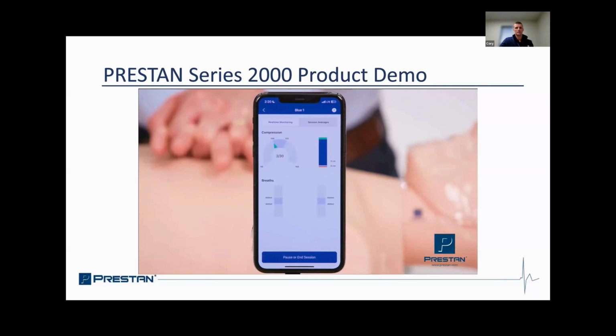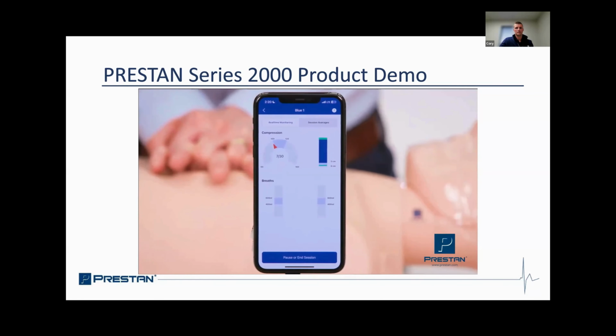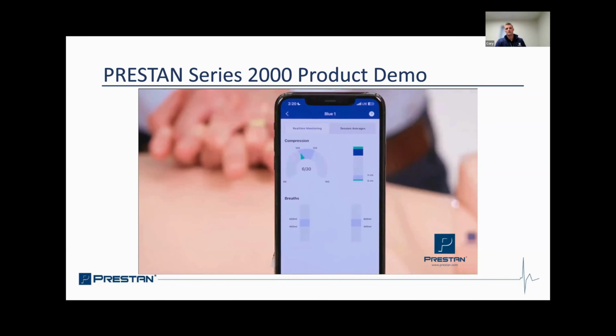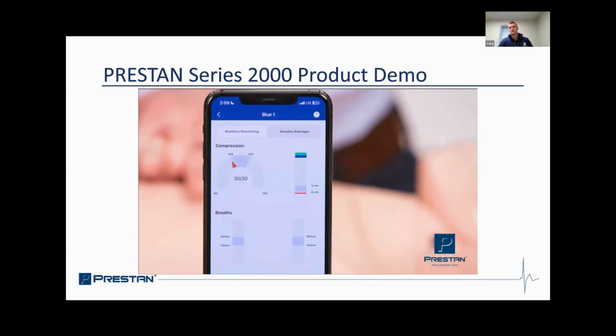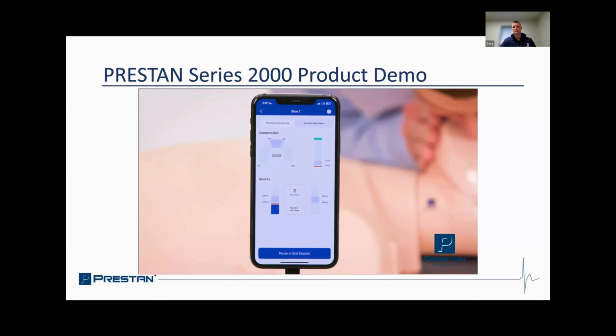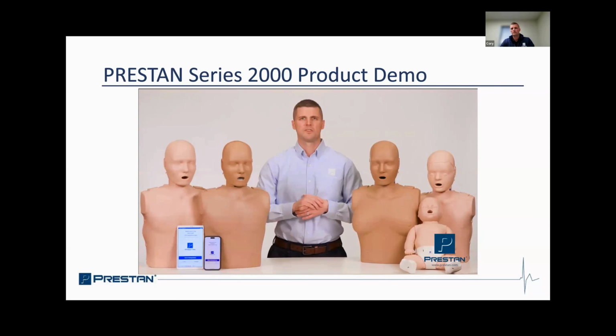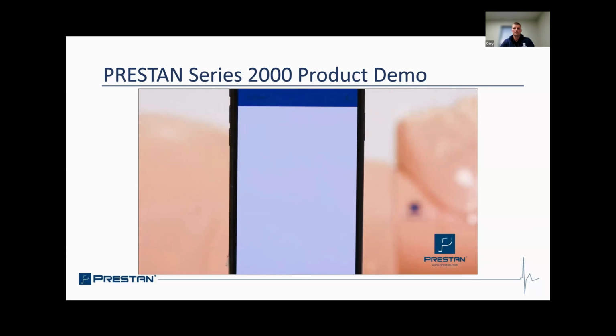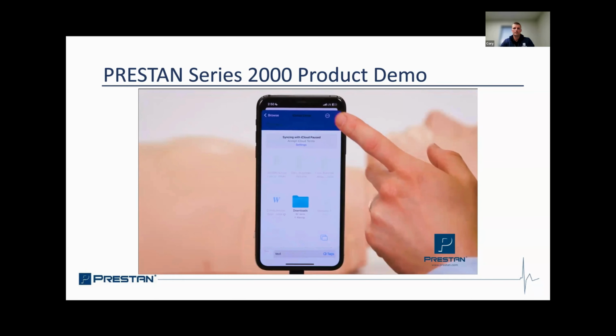All Series 2000 ventilation lung bags use the same easy-to-install Preston design, with the addition of a breath sensor. Compression rate is monitored through an intuitive speed dial, while depth and recoil are shown in a sliding bar with easy-to-understand red and green indicators. An audible beep also indicates the appropriate compression depth. When administering breaths, hands-off time is reported along with the number and duration of breaths, while breath volume is reported in the sliding bar. When the session has ended, a summary table will be provided.